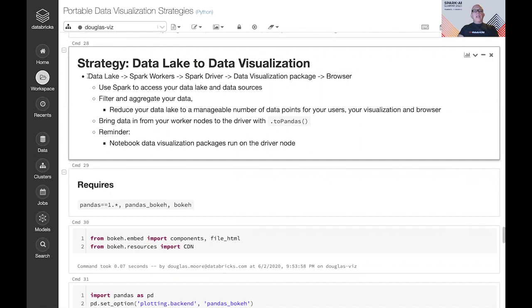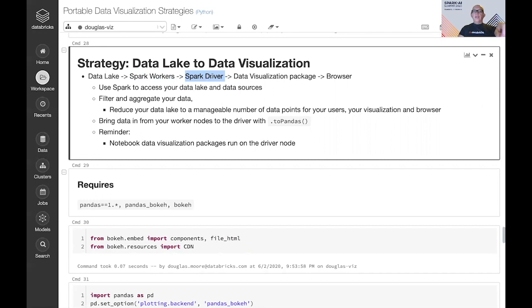Imagine that you have your whole data lake and you want to analyze it. Spark's a great tool to look at your entire data lake, structured, unstructured, binary data, and so forth, and use a lot of Spark workers and Spark SQL or PySpark to filter the data that you want to look at, and then summarize the data and take aggregates. Then, to complete this pipeline, you have to bring that summary data, the smaller data. You can't bring your entire data lake, but you can bring the summarized and filtered data